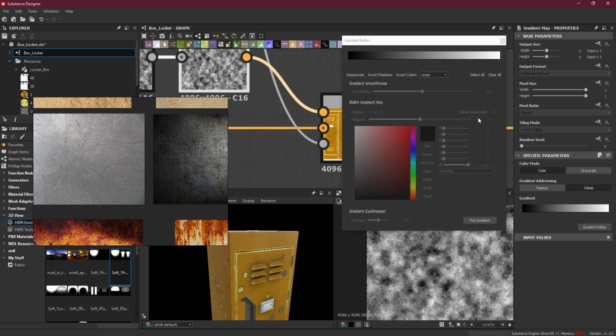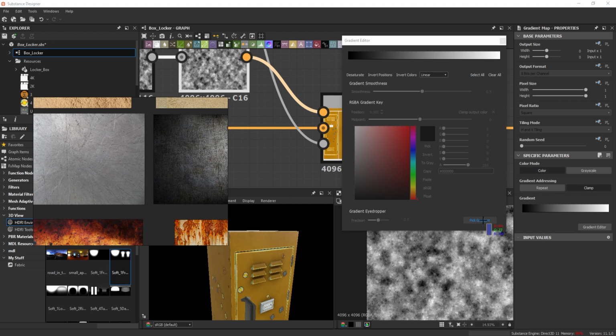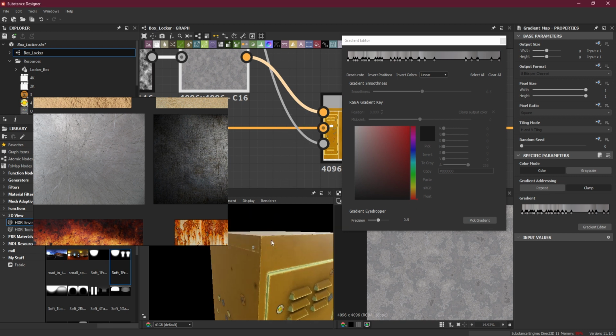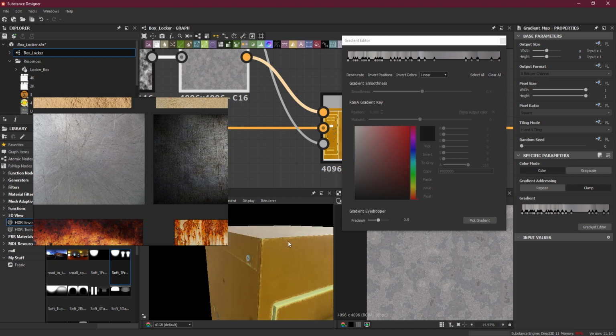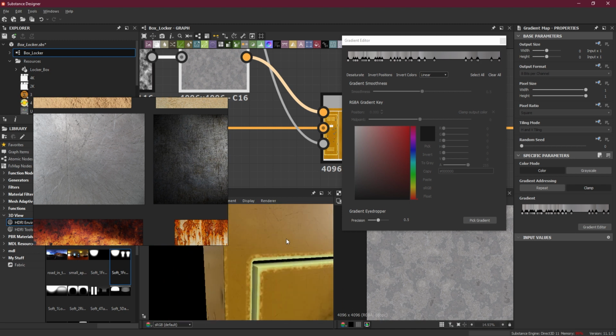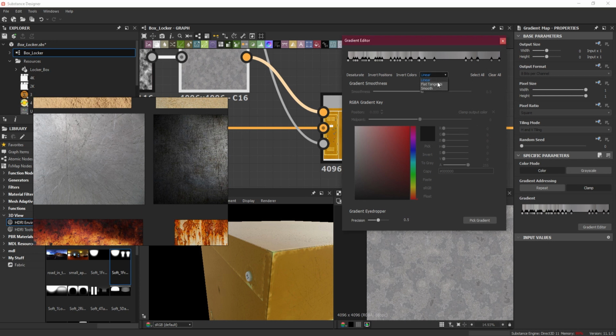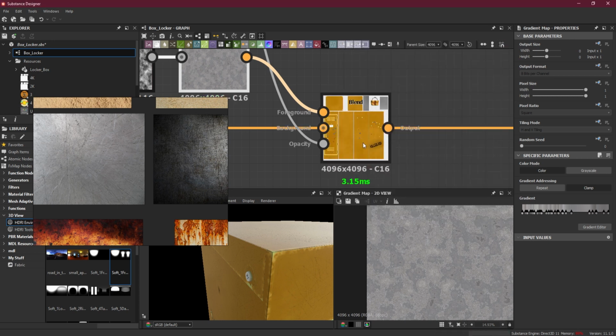Go to gradient editor, take the pick gradient from here, and then this here, and you can see it's clearly making this here. Okay, got it here. Now one more thing I can do is let's change it to smooth, close this,